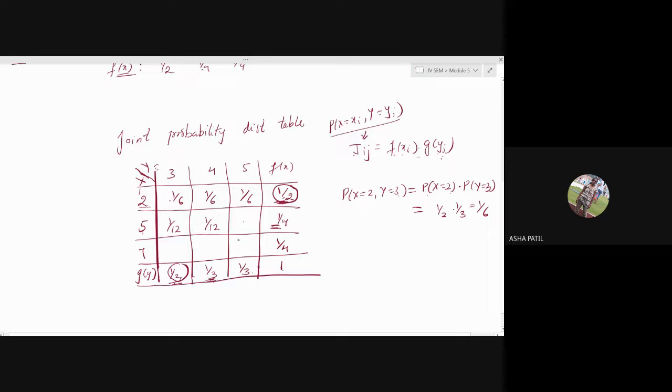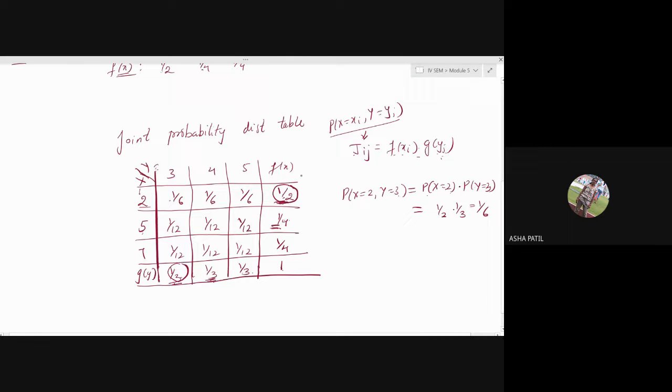Go for the marginal distributions along the row and the column of that particular value. Take the product. Again you get 1 by 12. Last value, again 1 by 12. You can see the sum of the first row will be 1 by 2, second row will be 1 by 4. You'll be getting the same things again. Okay, this is the joint probability distribution.